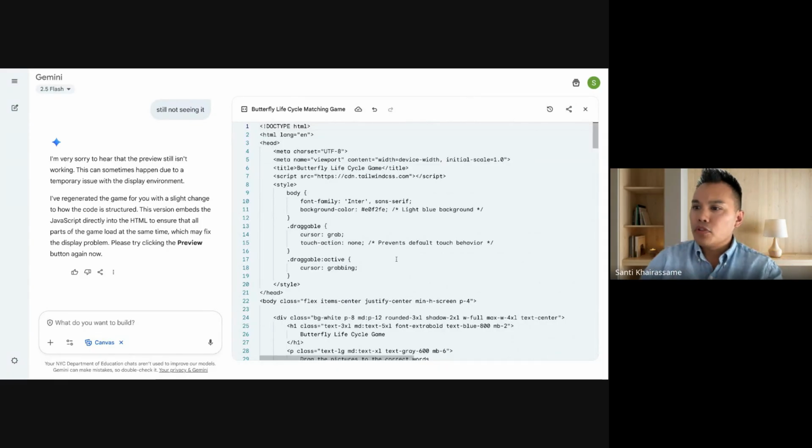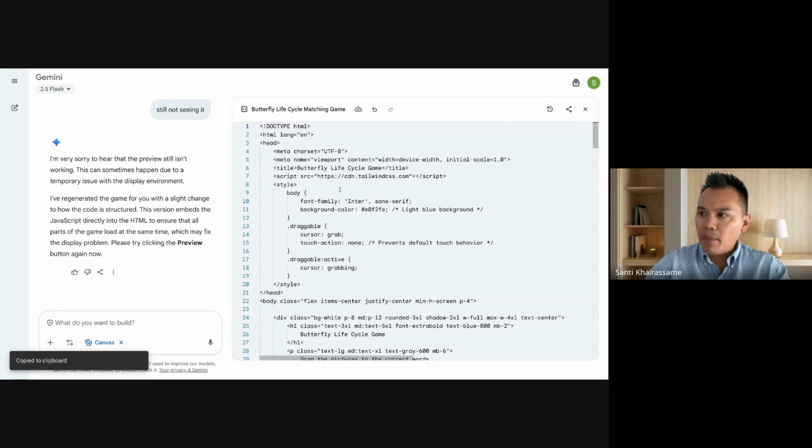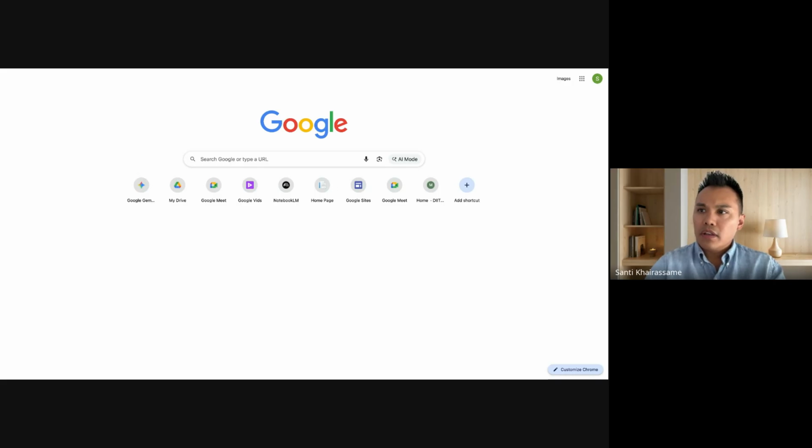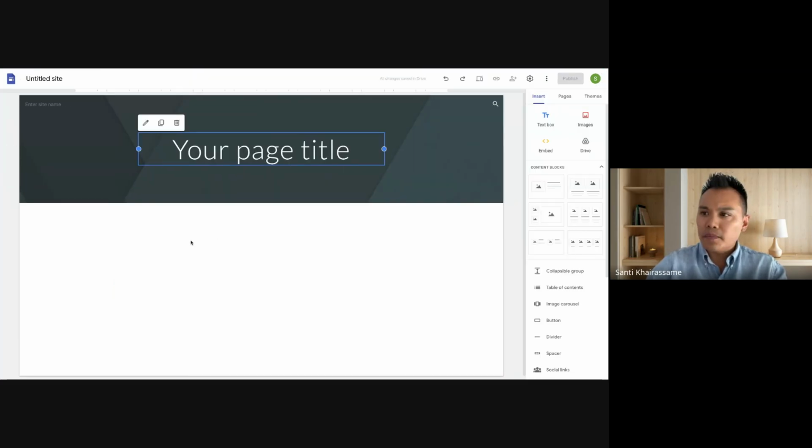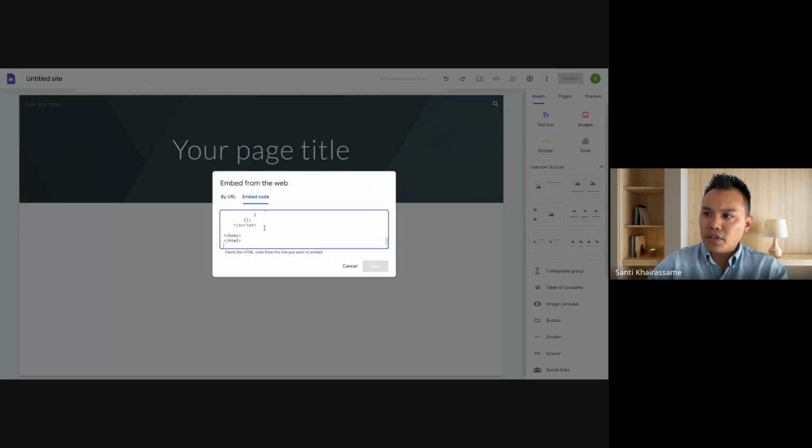All right. So someone in the chat asked about the code. So it created this code. Let's see what we can do with it. There's a share and export button. If I click on that, I can copy the contents. So if I copy this code and open up a new tab, we all have access to Google Sites as well. So if I create a new Google site, there's an option to embed code. So let's see what this looks like.